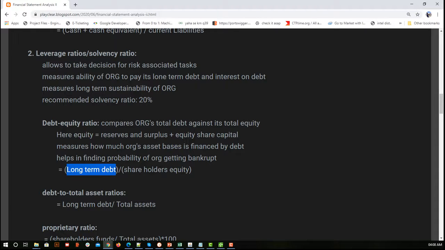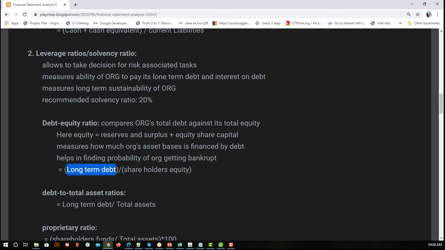If the value is more, we can say that most of the long-term debt we are getting is from the shareholders' equity. But if the debt equity ratio is less, we can say that there is a part of it which is provided by shareholders, but most of it is not from the shareholders. So what can we say, is the higher value good or the low value good? A higher value means the more we are getting from borrowing. So the more it is, the more risky it is for the company.